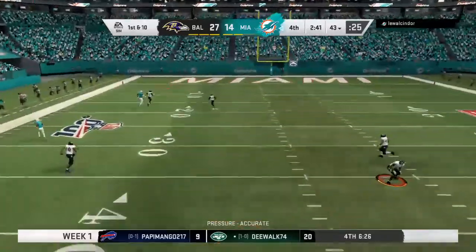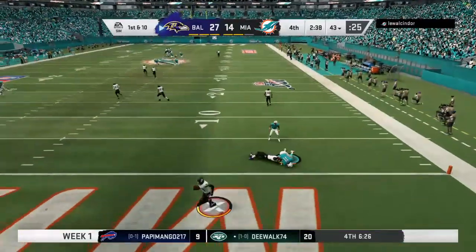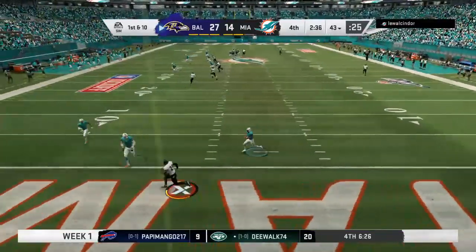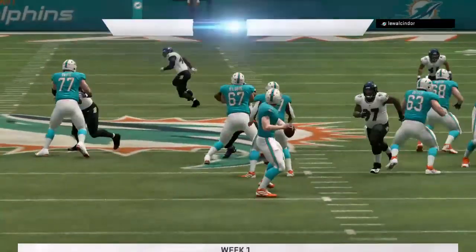He's going to let one go deep for Parker. And this is intercepted, and that should do it. It's the former Seahawk, Earl Thomas. And I do believe this is going to line up a safety. It is. It's a safety. Wow,